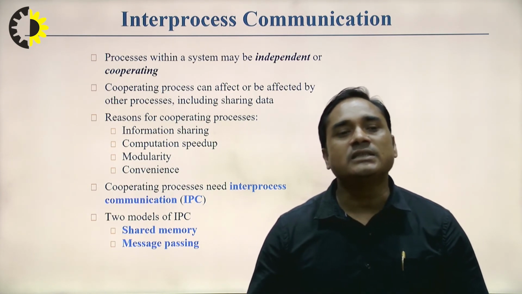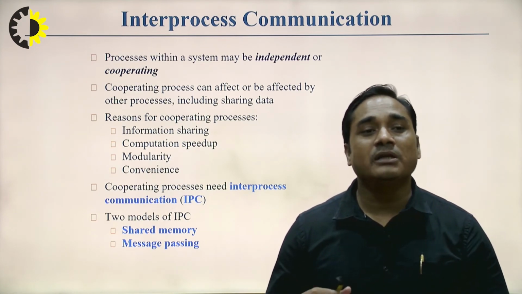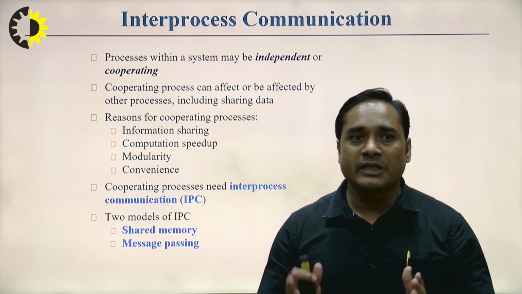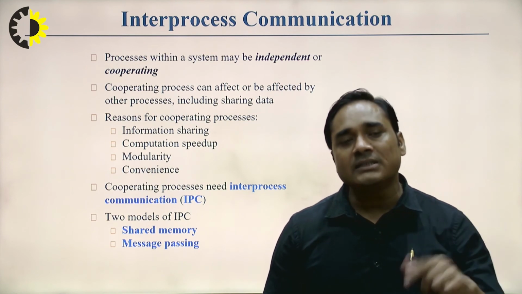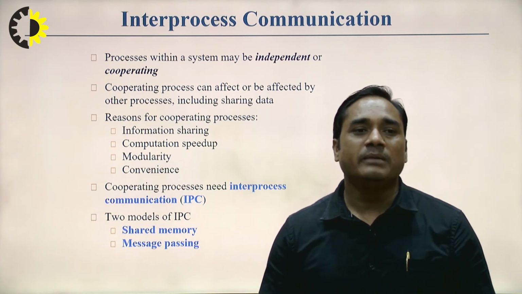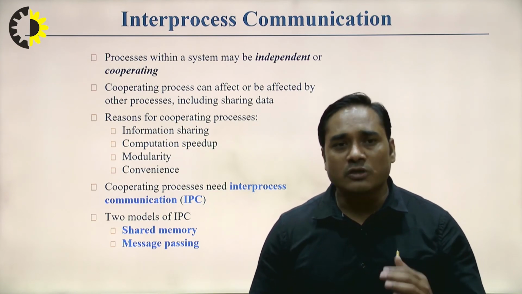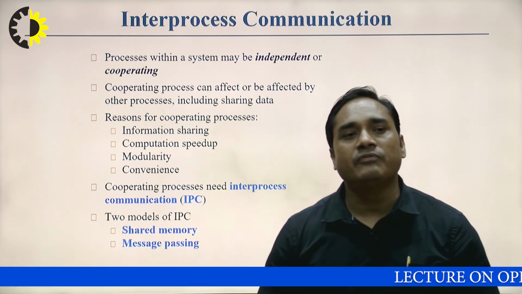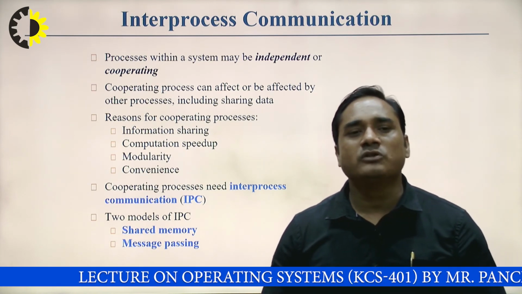A process in running state will cooperate with another process whenever it is running or whenever it is waiting. For example, in the buffer model, say a shared buffer is given here. If one process is using that common shared buffer, the second process that wants to access that buffer cannot access it until that process leaves the buffer or the resources used by it. So in the cooperating process, you cooperate with another process for using that shared buffer or shared memory. A cooperating process can affect or be affected by other processes, including sharing data.